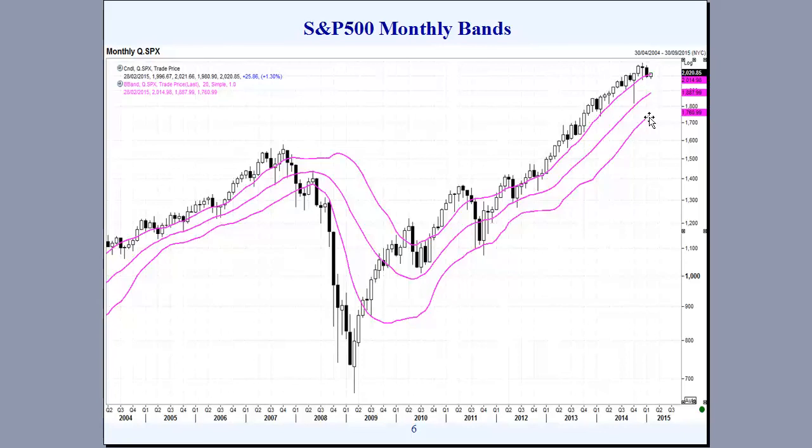Any retracement of the market testing down within the lower section of the bands, if it does find resistance around that middle of the bands, as we see here, and then we see the bearish breakout and the strong bearish follow through, it could mean that this major bull market that we had been in is potentially over. But at the moment, the bull market is still intact, with the market still trading within that upper section of the bands, and very close to the upper band with the close for the current month.